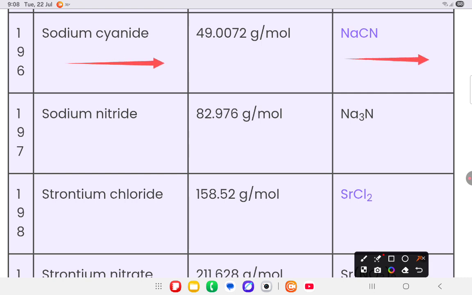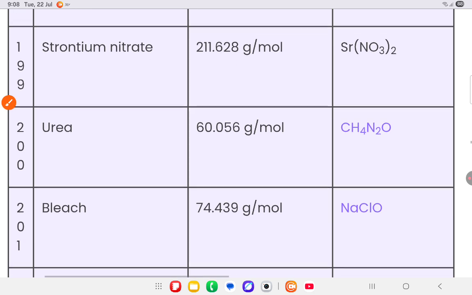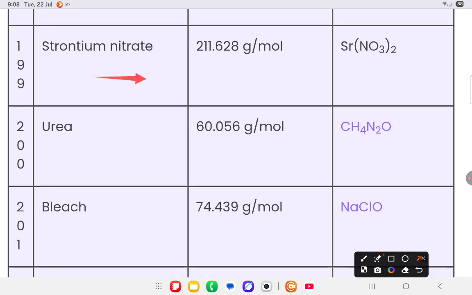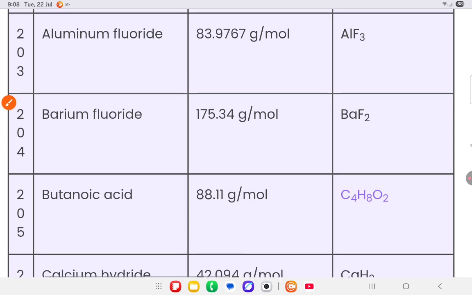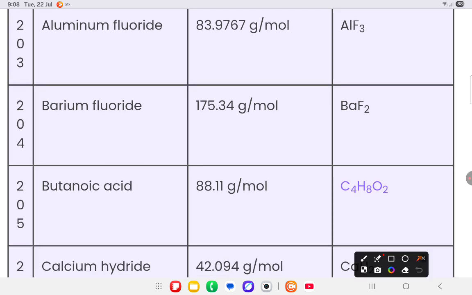Okay, sodium nitride that is Na3N, strontium chloride SrCl2, strontium nitrate that is Sr(NO3)2, urea that is CH4N2O, bleach that is NaClO, aluminum fluoride AlF3, barium fluoride BaF2,